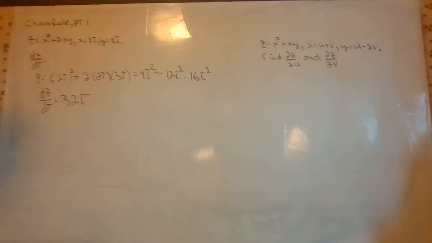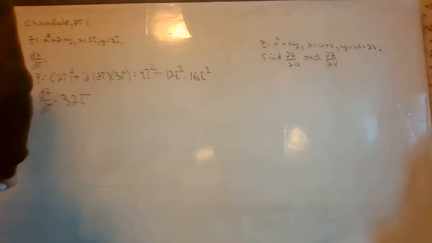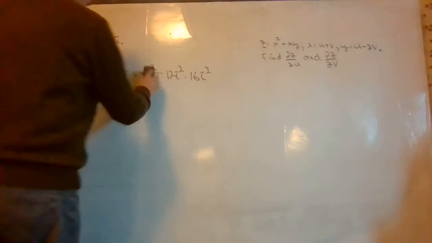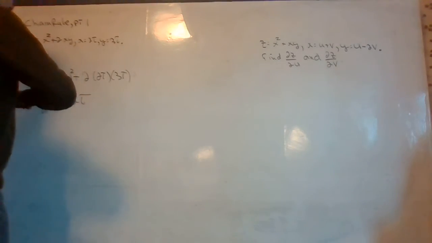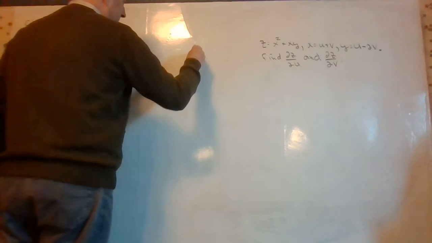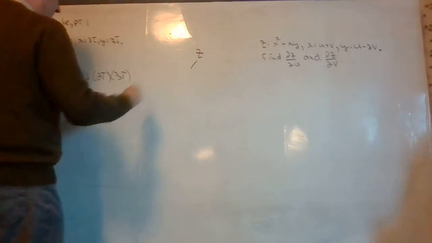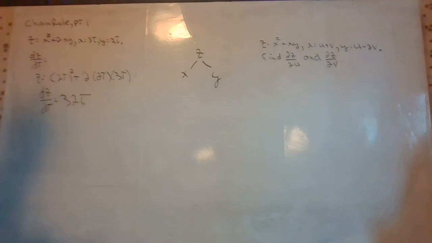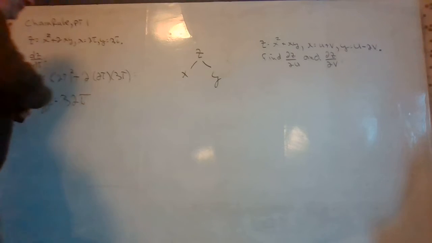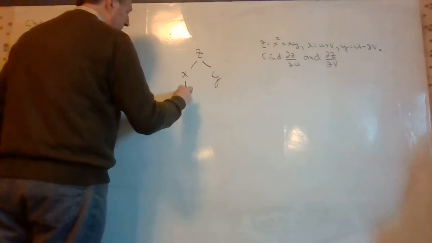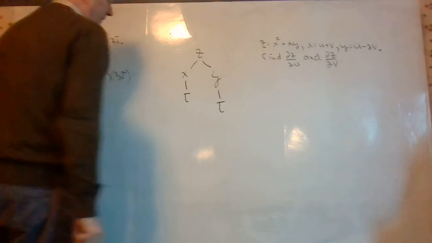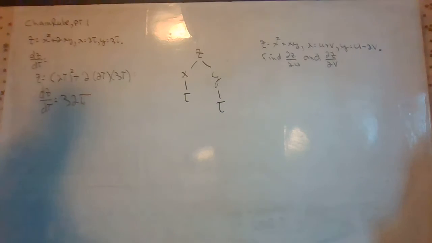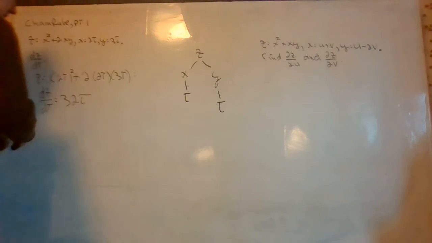The second method is we can draw a tree diagram. z is a function of x and y, and also x is a function of t, y is a function of t. And you can think of each of these paths as representing a partial derivative. And so we can generate a formula